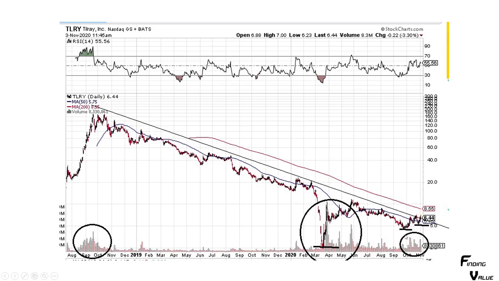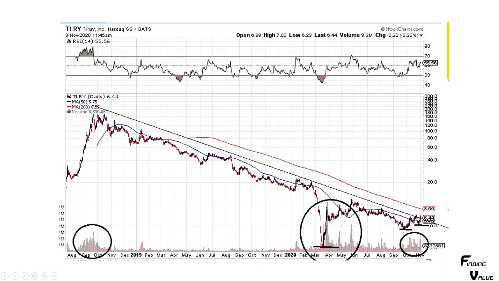And you can also see a bunch of volume stepping in now. One thing that you can notice is this is the downtrend, and we're coming right up on this downtrend. And the reason I think it's going to break this downtrend is, one, we've got a low here. We've got volume stepping in. If you zoom into this, we have very big up days and small down days all through this portion of